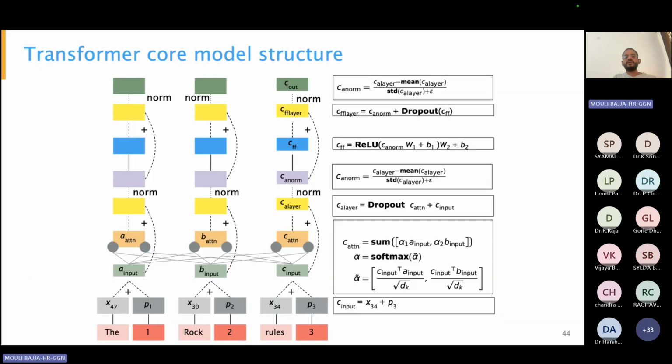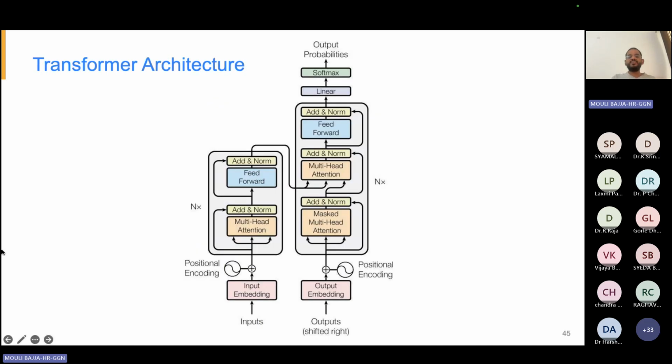Now, after it passes through the attention layer, you make sure it does not overfit: you drop out and normalize the data. After normalizing to smaller values, you try to fit the data using an activation function, again do some bit of dropouts, and again normalize the data that you have fit. So all of this is one block. Now I'm going to the next step, what happens after the one block.